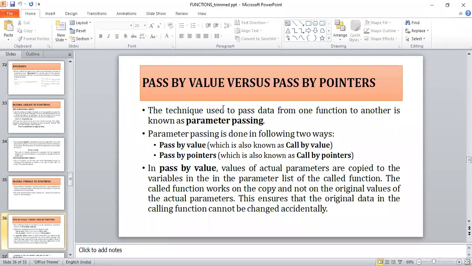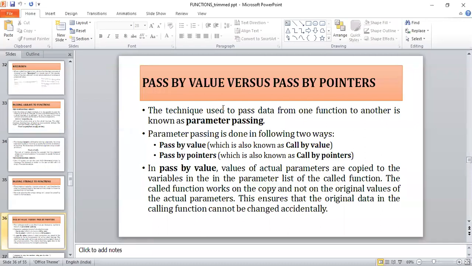In the 5th module, we have a separate chapter called pointers, where we will learn pass by pointers or pass by reference.